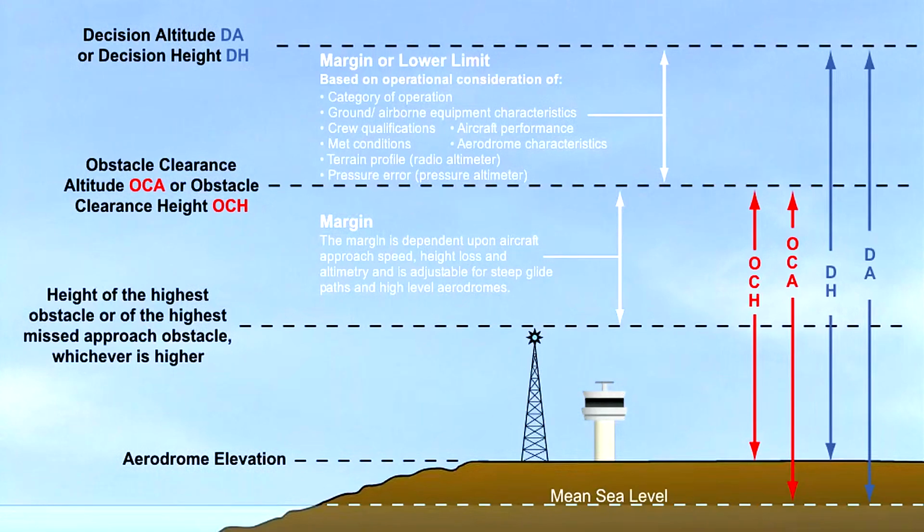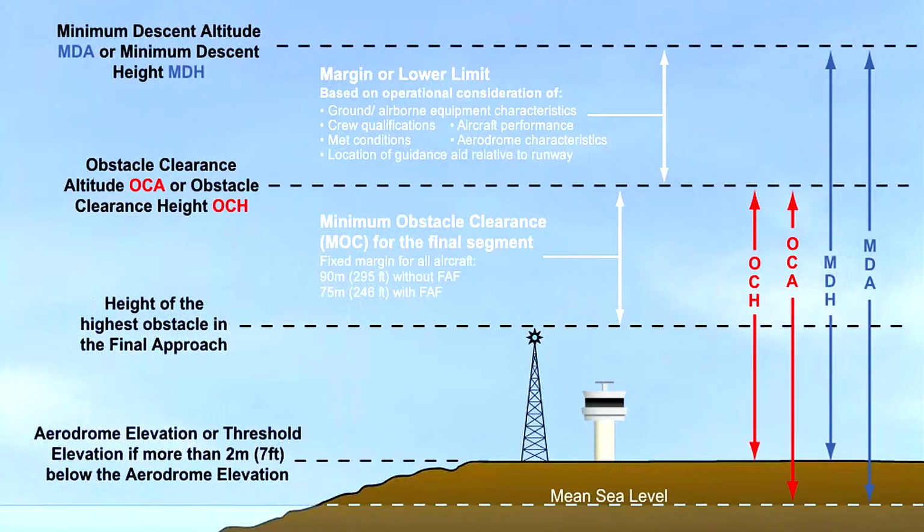The decision altitude or height, DA or H, for a precision approach procedure is the lowest altitude or height above the elevation of the runway threshold at which a missed approach must be initiated when the required references to complete the landing visually cannot be seen. Going around at this juncture will ensure compliance with the obstacle clearance criteria of OCA or H. The various factors which dictate that the DA or H almost always exceeds OCA or H are shown in the diagram.